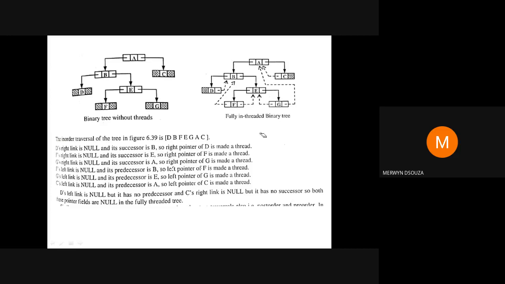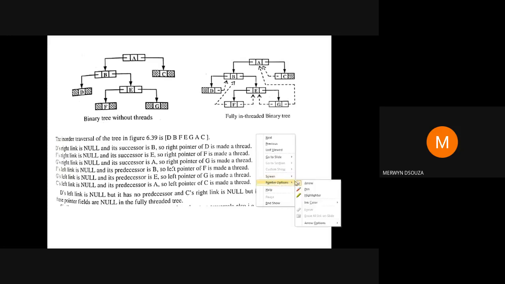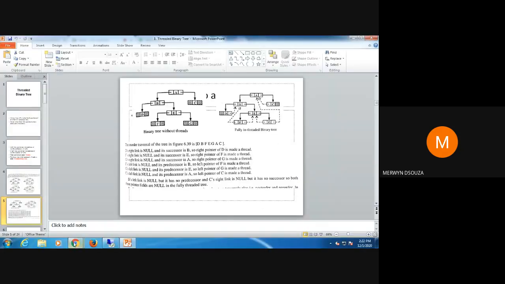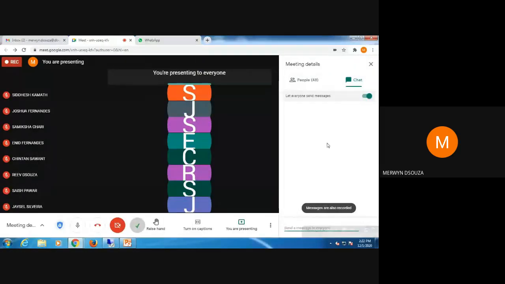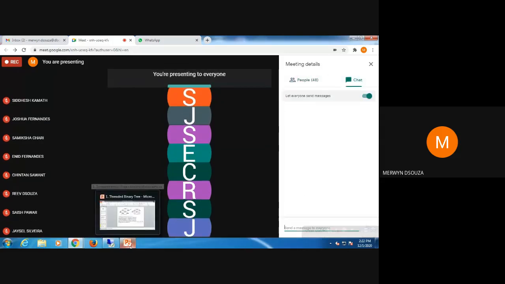Okay, is it clear? Now I'll come to the chat. If anyone is having any doubt till now, you can tell me before I proceed. Did you all get it, students? Did you understand how the threaded binary tree has to be drawn?